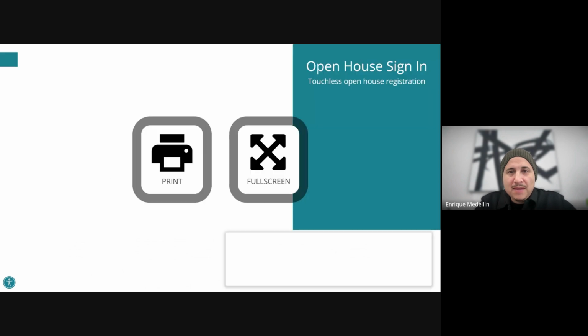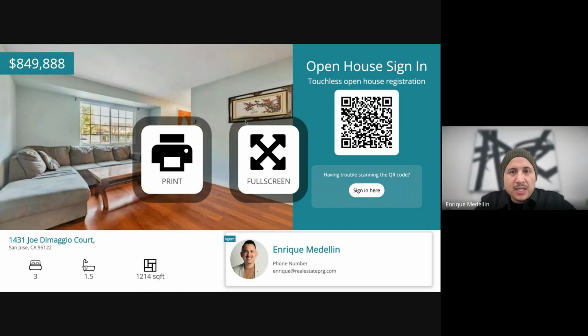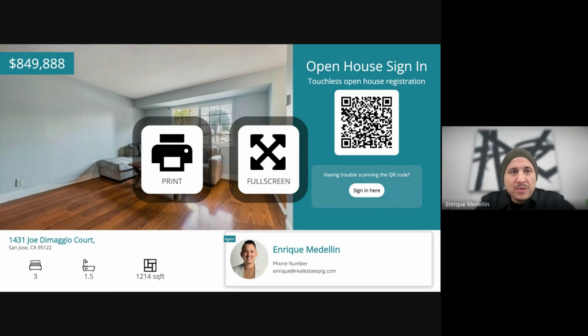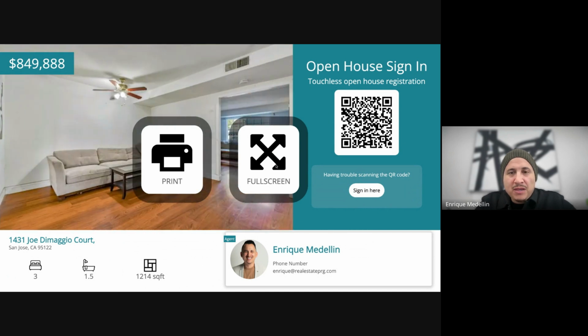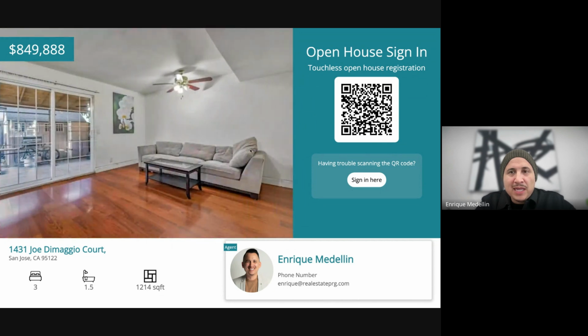So when I click that, now this creates this landing page. And I can do one of two things with this. I can print this out if I'd like, and I can have it on display at the open house, or I can just have it on display full screen, as you see here. If I click on full screen, I can have it on display at the open house on my laptop, and people can just scan the QR code